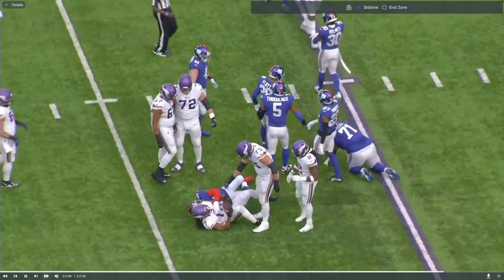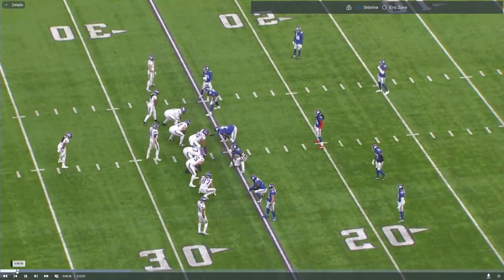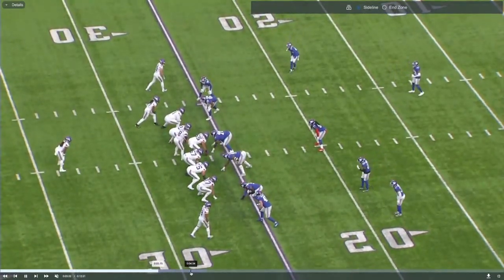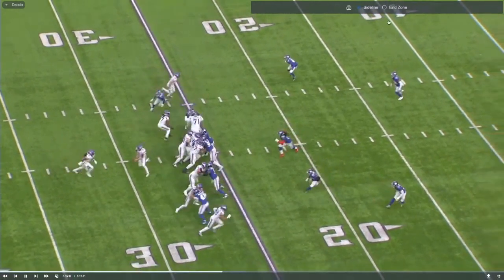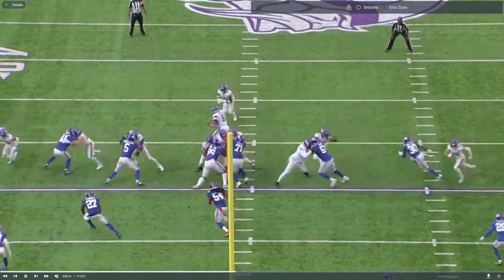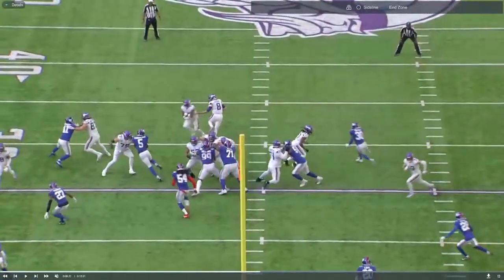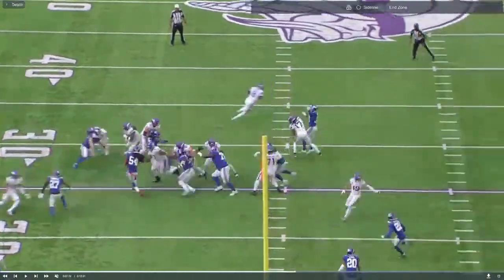Vikings actually flip here to a lighter group with 11 personnel here. This was another great play from Micah McFadden. I mean, this is a 2nd and 2, and what does he do? He does a great job of setting the edge here, and that turns this into a 1-yard run. This was actually my favorite play from McFadden this game. Hey, he's going up against a tight end, but a linebacker against a tight end, and you have McFadden basically as an edge rusher, which is a unique formation. It's not necessarily always going to be a win, and you can see how Micah McFadden not only sets the edge, he's able to work back inside and then make the tackle on Alexander Madison as he's attempting to explode